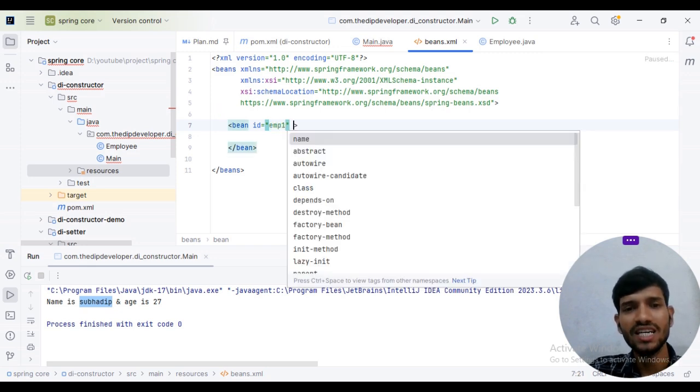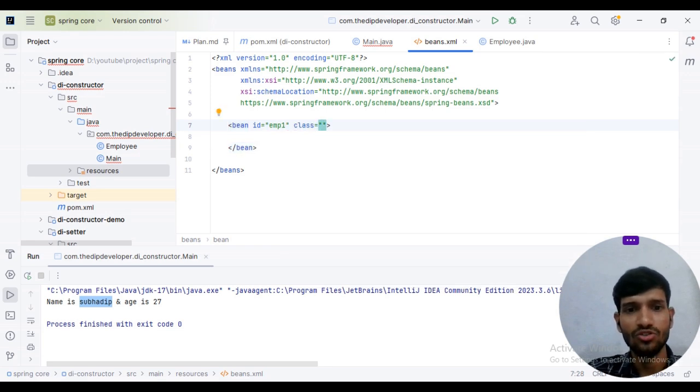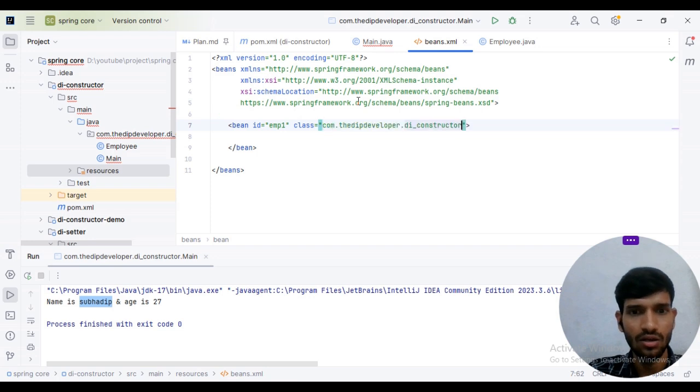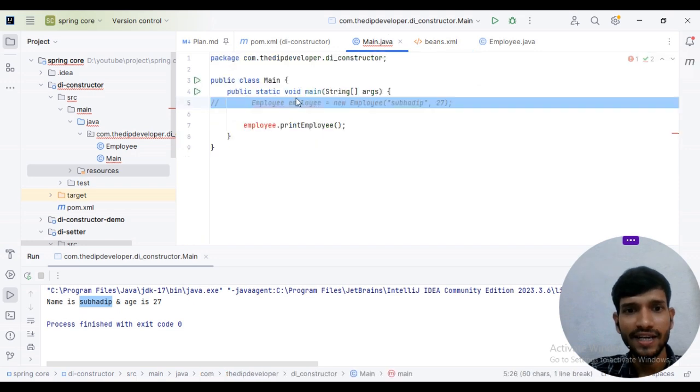And for which class should the object be created? This is the employee class. So we will use class equal to, then employee. Where is this employee located? I will copy this package name dot the class name. Package name is this one, dot class name is employee. Doing this, internally we are creating the employee object, but we need to pass the values as well,